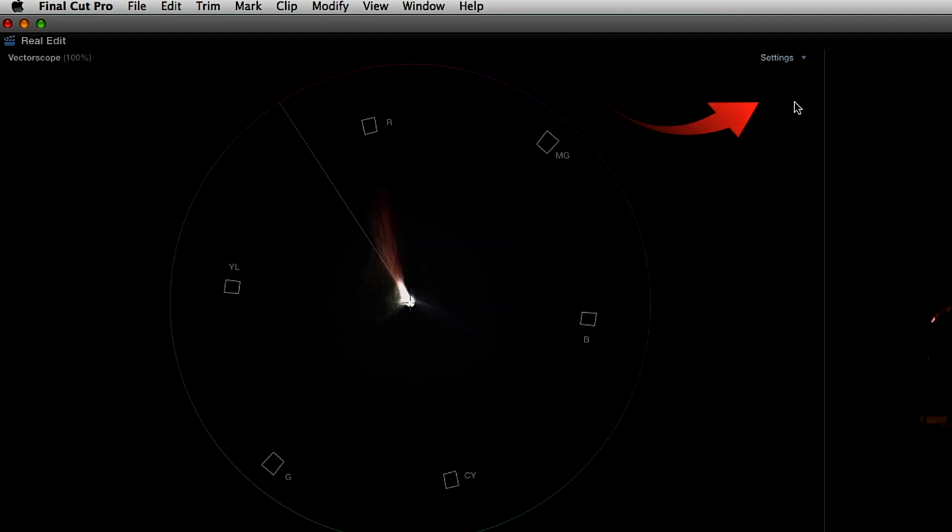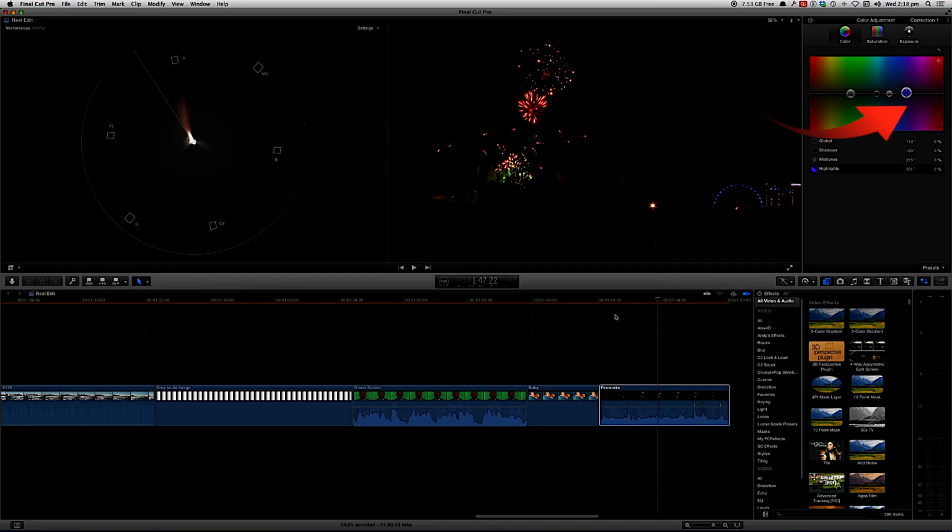Now let's come to the vector scope, and we can now see that the colours of the whites could be improved. If we play through that now,